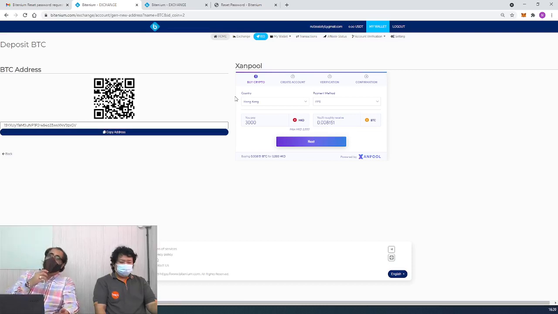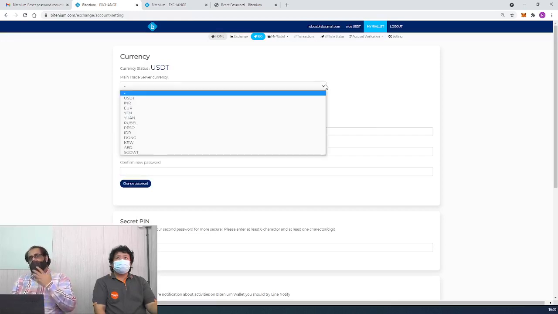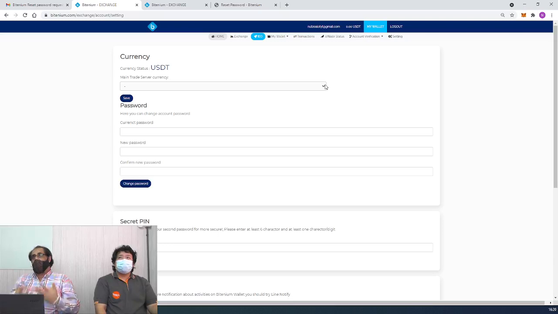Now let me give you some more information about what we need to do if we want to withdraw funds. We have to go through a few steps because we are on a highly secure platform. Withdrawing funds, depositing funds, and KYC are very important for your security. You need to go to the settings part and do the setup first before you start trading. I would recommend you do these things first so that you don't have problems withdrawing or depositing funds, and everything goes smoothly.